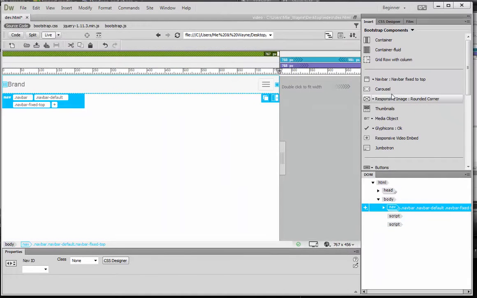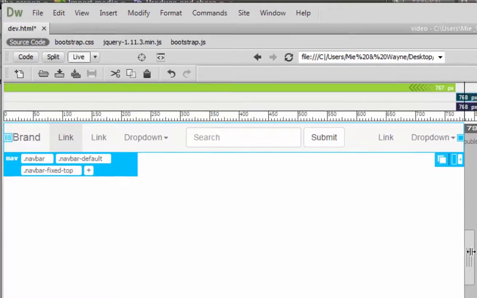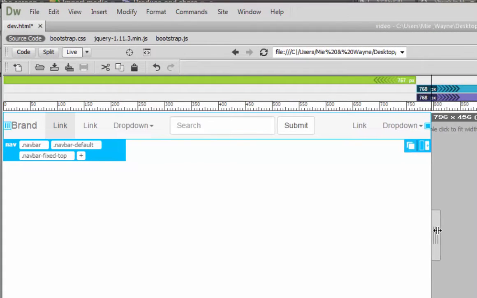And now we have our navigation bar fixed to the top. Now what's interesting is because we're using Bootstrap, this is what it would look like if you were viewing this website on a mobile device. This is the kind of collapsed menu that you're used to seeing with a mobile device. If I just open this up a little bit larger, if I move my live view scrubber, you can see